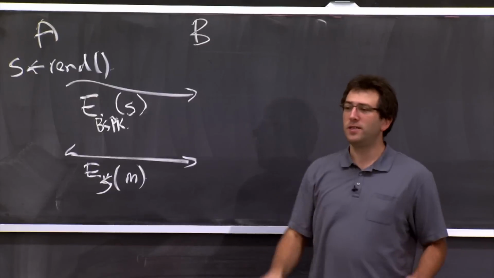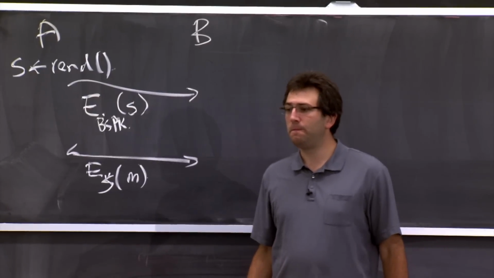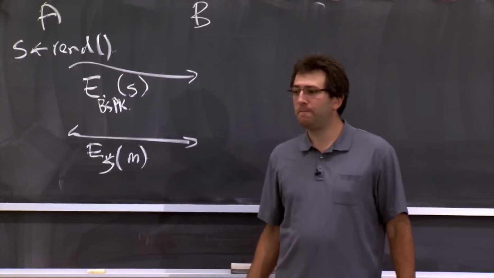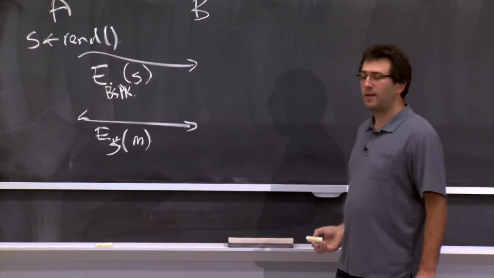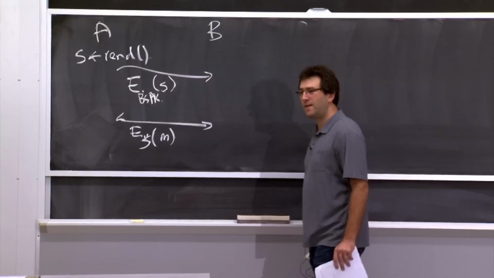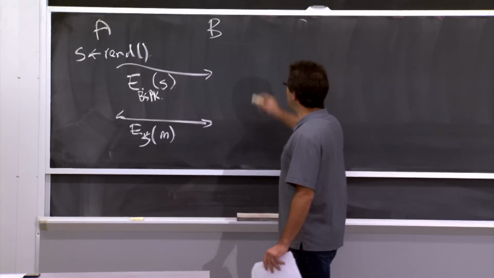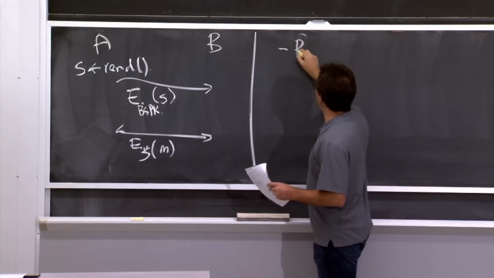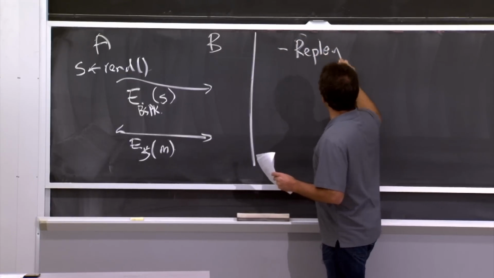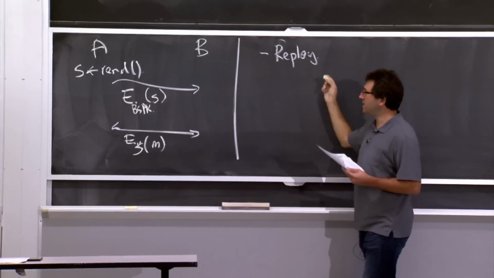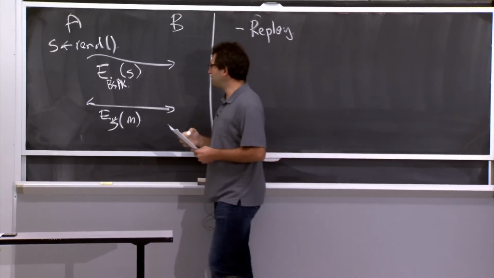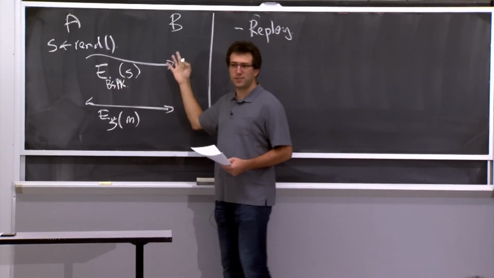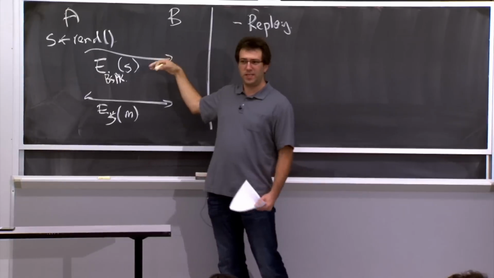But yeah, question? I was just going to say that in this protocol, A could just do a replay attack. So some man in the middle attacker could just replay A's messages. Yeah, so it's actually not great. So there's actually several problems with this. One is replay. So the problem here is that I could just sort of send these messages again, and it looks like A is again sending these messages to B, and so on.